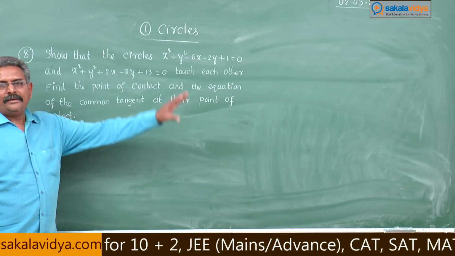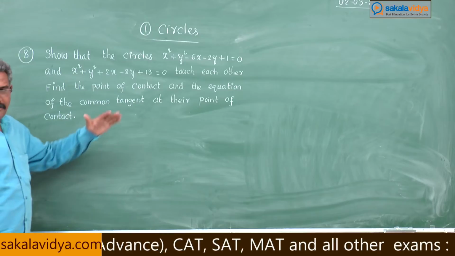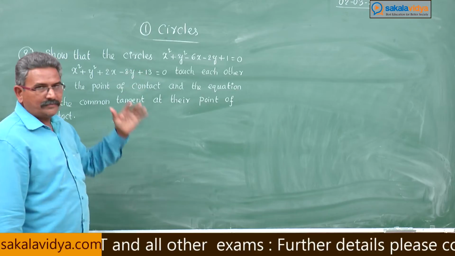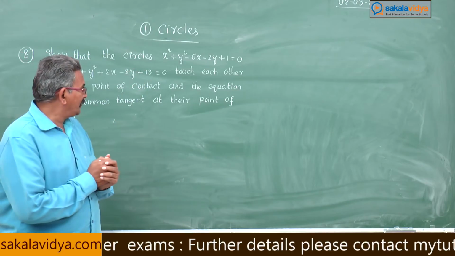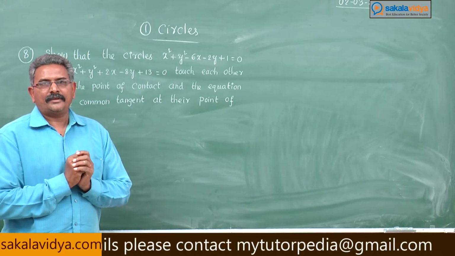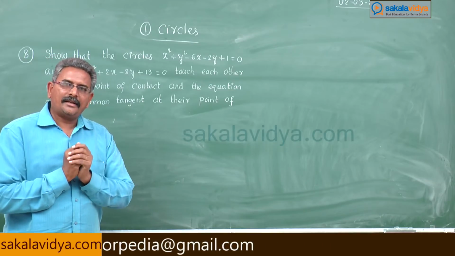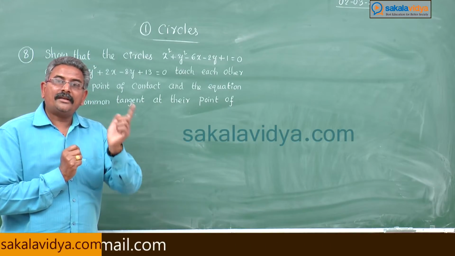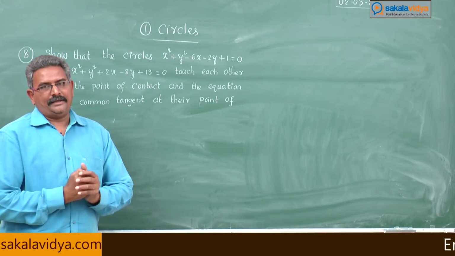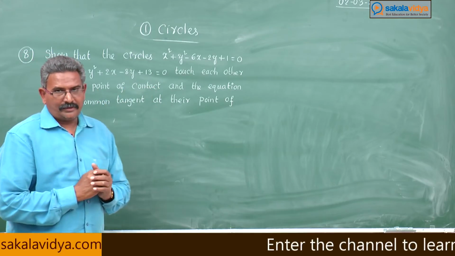Now, you might have noted this problem in your notebook. So, let me repeat the question first. Here the equations of the two circles are given and we have to prove that they touch each other. They touch each other means they may touch internally or they may touch externally. That is a very important point we have to keep in our mind. The next, the point of contact we have to find out.